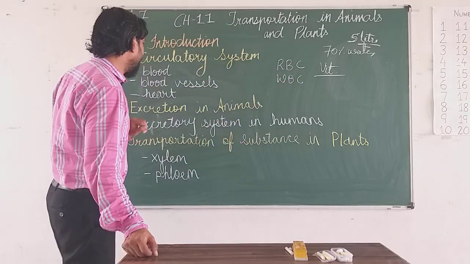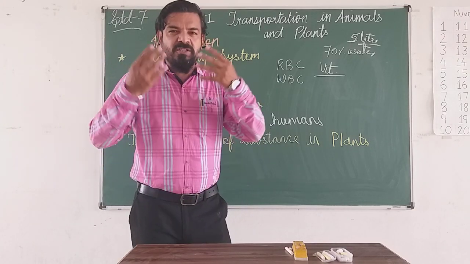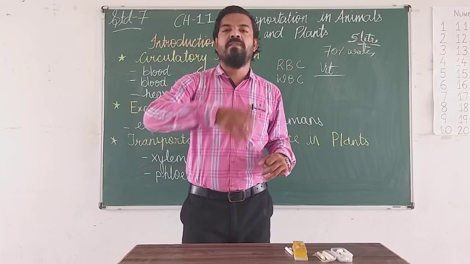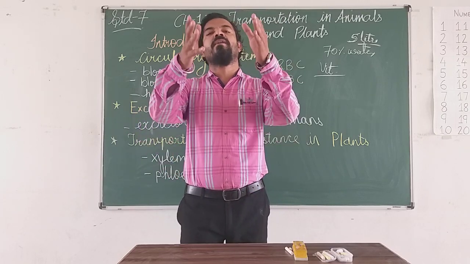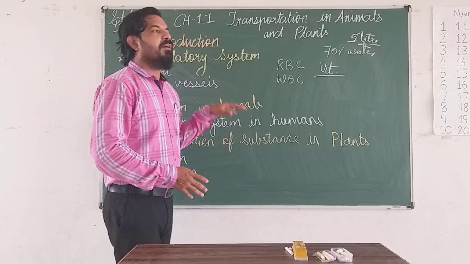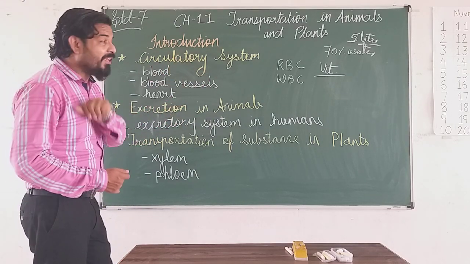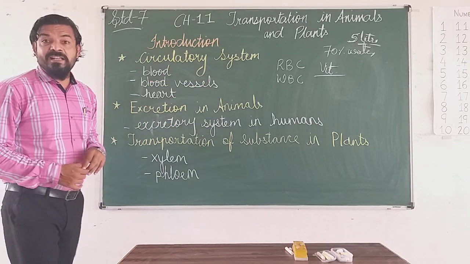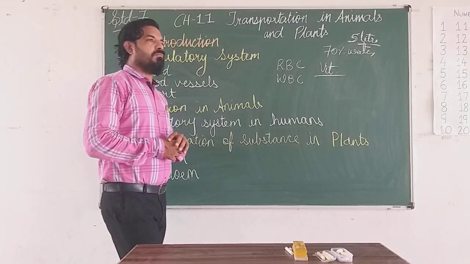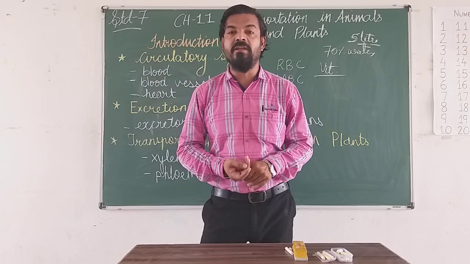Now we have blood vessels also. So I say the circulatory system, that should be a system. Now a system has what? As the railway has a system to transfer from one part of the state to the other part, so they have a track. Easy. Similarly, blood also has a track that is called the blood vessels. Okay. So the blood vessels are arteries, veins and capillaries. Now, what are arteries, veins and capillaries? We will understand in detail about the arteries, veins and capillaries.